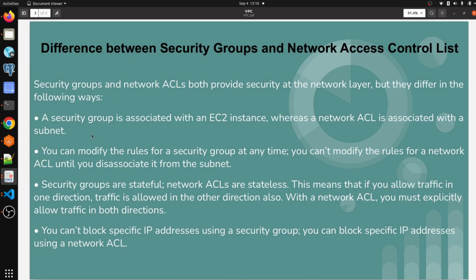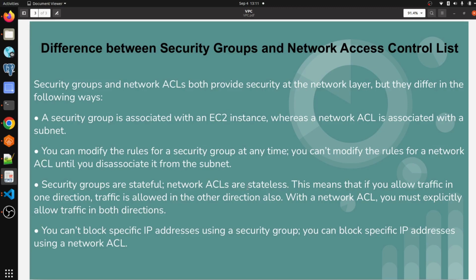As we have discussed above, you can modify the rules for a security group at any time, but you cannot modify the rules for a network ACL until you disassociate it from the subnet. Another difference: security groups are stateful, so if we allow traffic in one direction, then traffic is automatically allowed in the other direction for that specific IP. But a network ACL does not follow the same procedure.